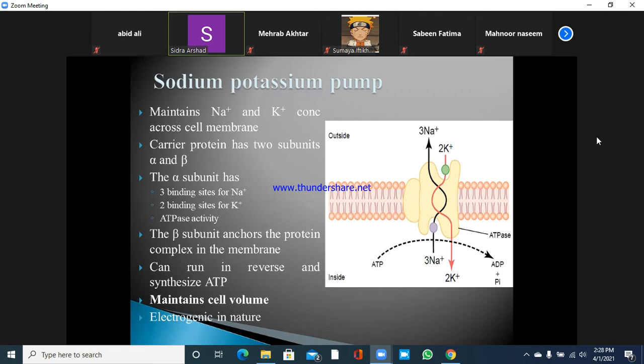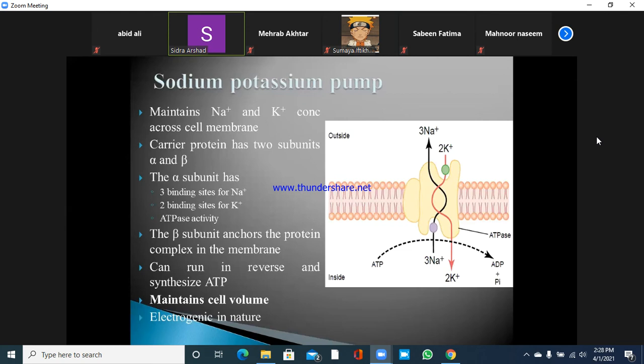So you can see that this pump is also very important to maintain the cell volume, because it keeps pumping these sodium ions out of the cell so that these ions do not accumulate inside the cell. They do not attract water molecules, and the cell actually maintains its volume. So that is the benefit of this pump, and you should be very clear about the activity of this pump,